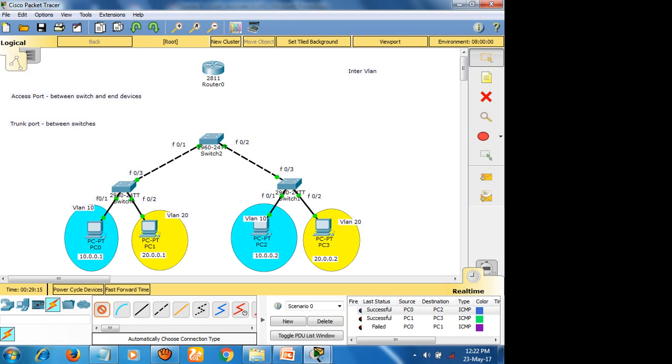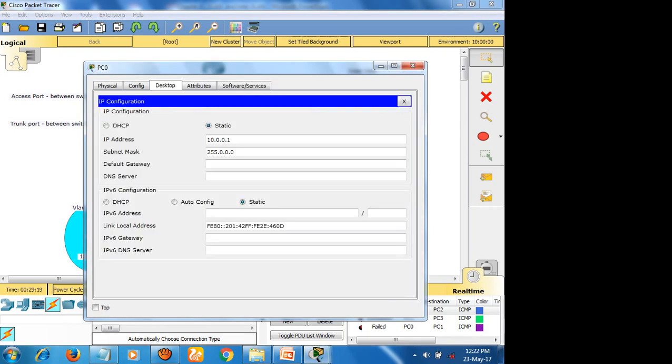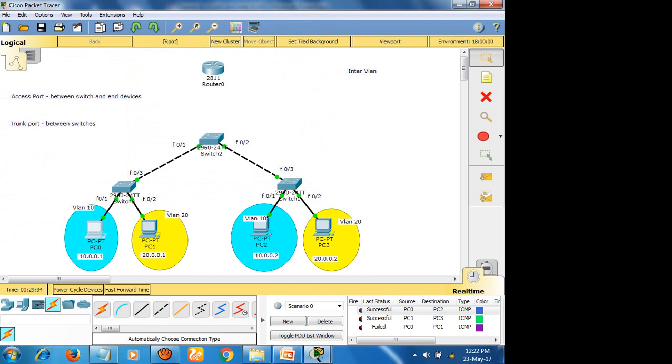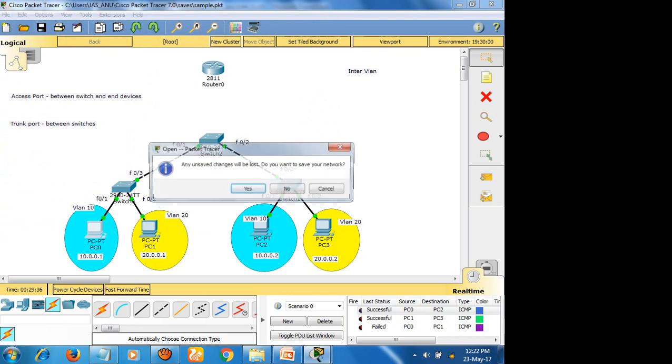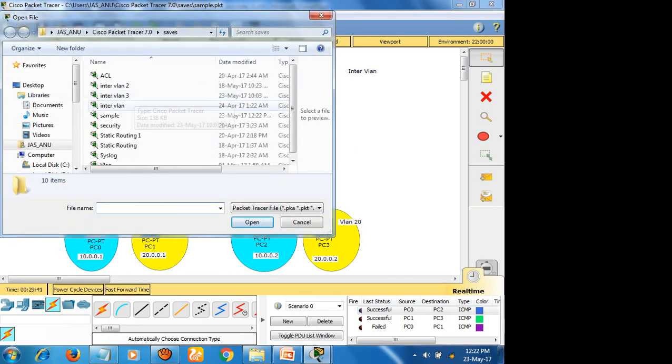If I want to know the IP address, every time I need to go and check here. So if I close the application, for example, I will save this application and close it, and open another one.